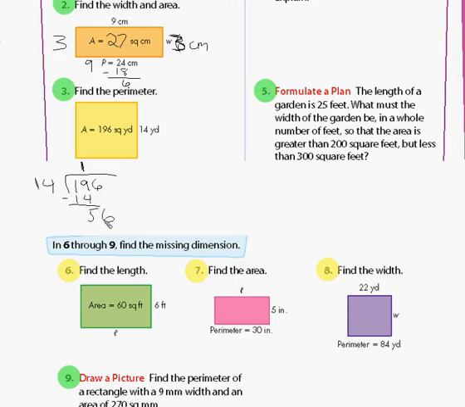Now we're trying to figure out how many times 14 will go into 56. We know it wouldn't go 5 times. That'd be too many, because 5 times 14 would be 70, too large. So let's go ahead and go with 4. Looks like we have a square there probably. 4 times 4 is 16. Carry the 1. 4 times 1 is 4, plus 1 is 5. So it's exactly 14 yards